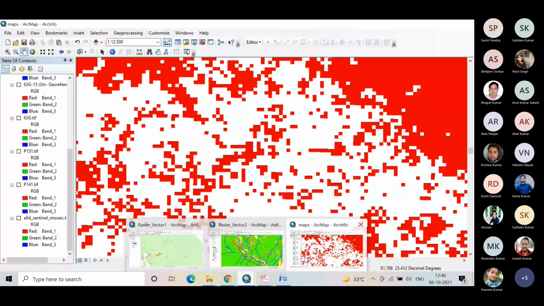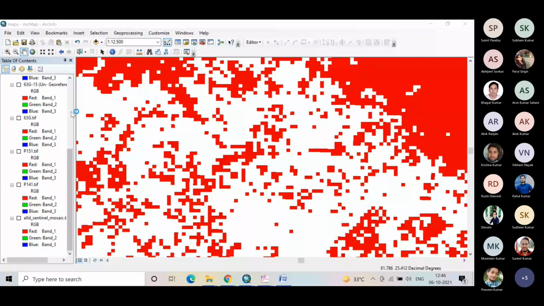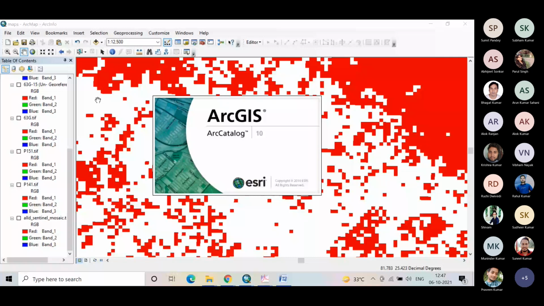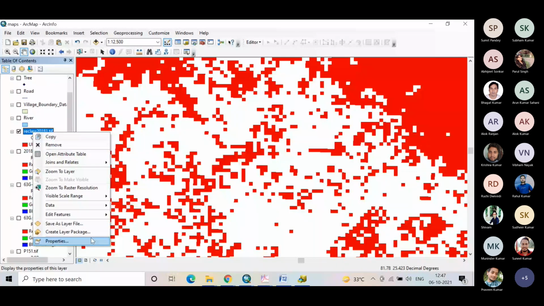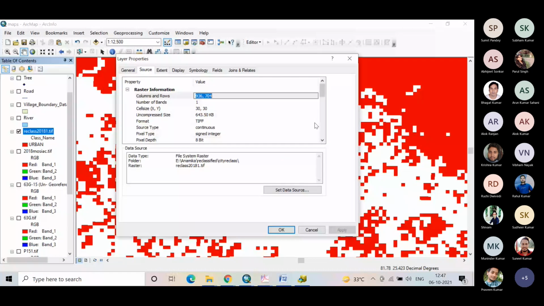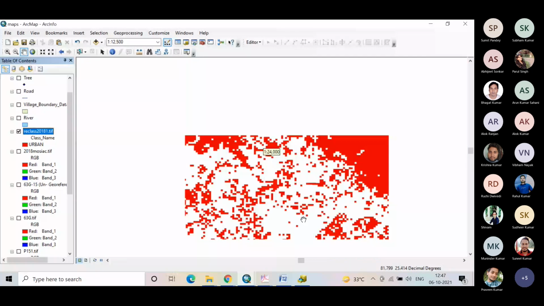इसका साइज अगर हम चेक करें, यहाँ पर देखिए, raster information columns and rows, 936 columns and 704 rows. So ये क्या मतलब है इसका कि ये पूरा का पूरा जो स्टडी एरिया है, इसका जो एरिया है, इसमें नंबर ऑफ कॉलम्स 936 है, नंबर ऑफ रोज 704 है। और उसके बाद इस पूरे एरिया को अर्बन में दिखा दिया गया है।